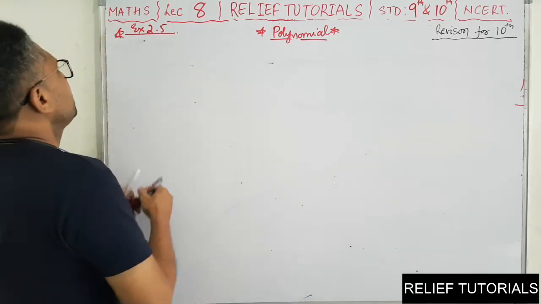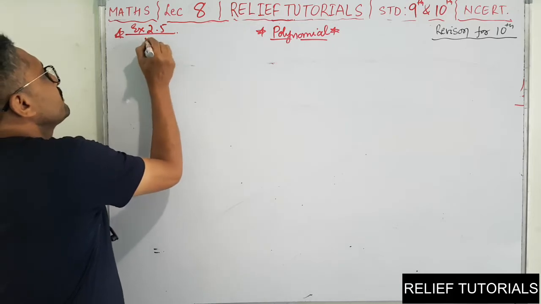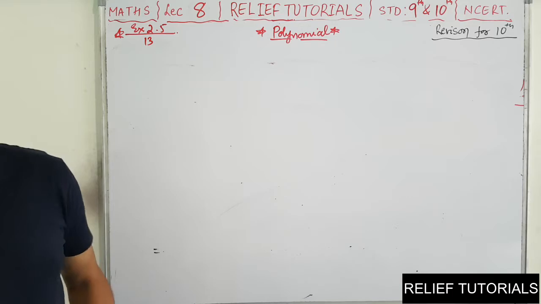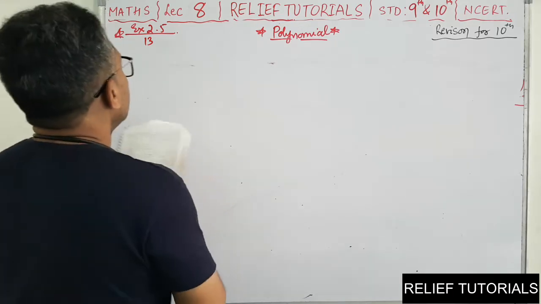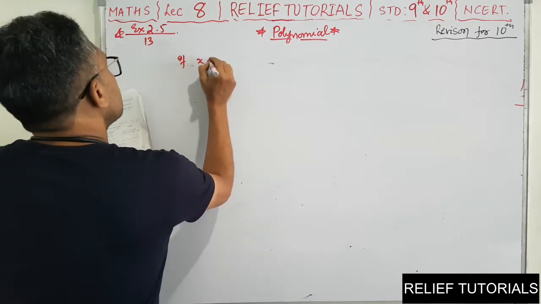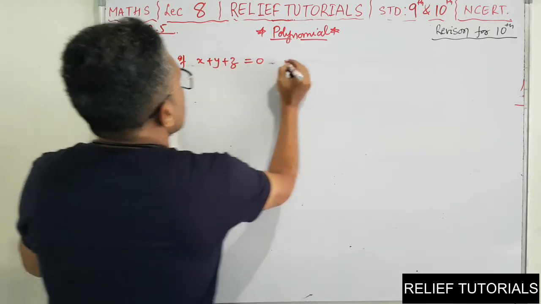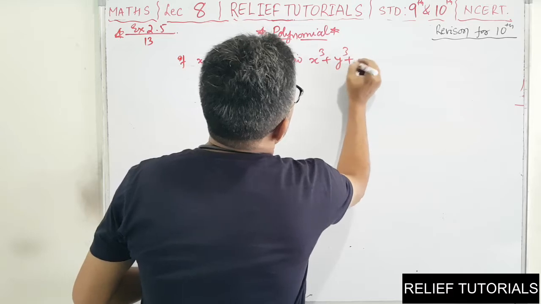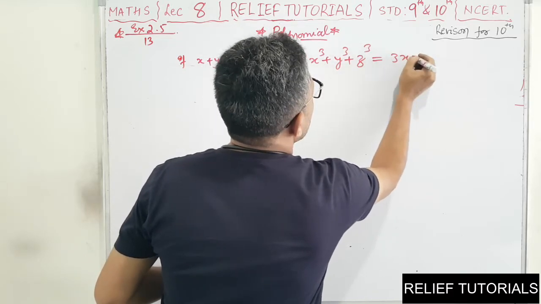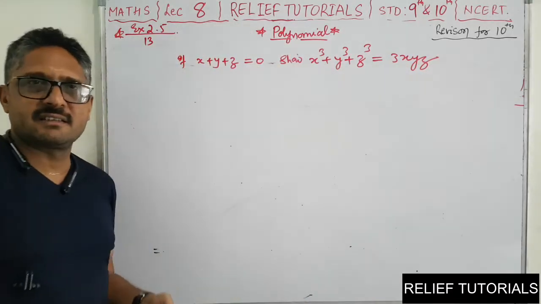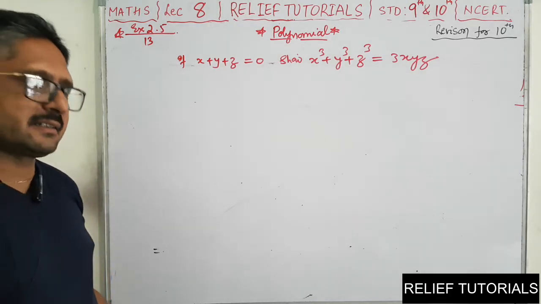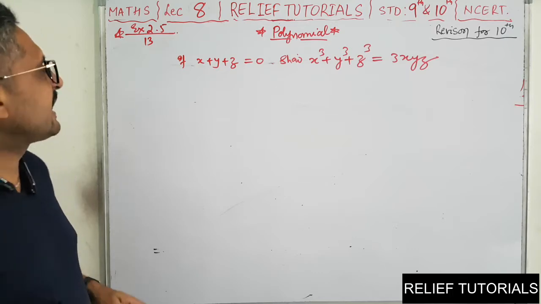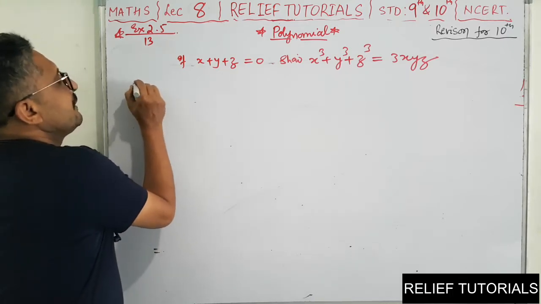So question number 13. You have to verify if x plus y plus z is equal to 0, show x cube plus y cube plus z cube is equal to 3xyz. Already we have discussed this while discussing our identities. Even though you know it now, we know